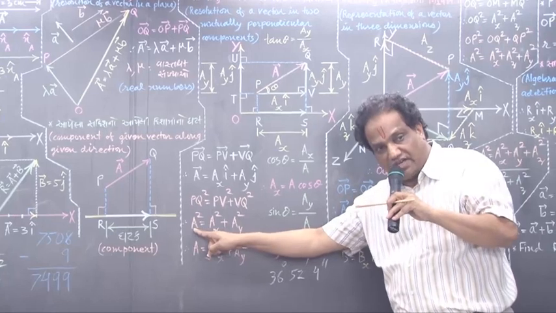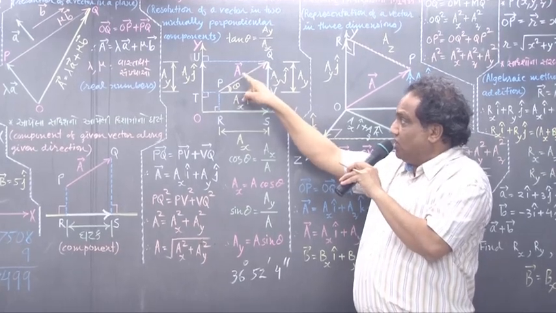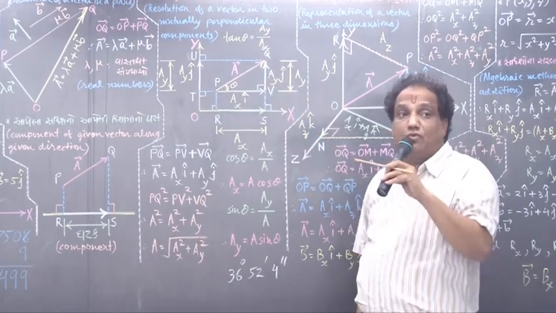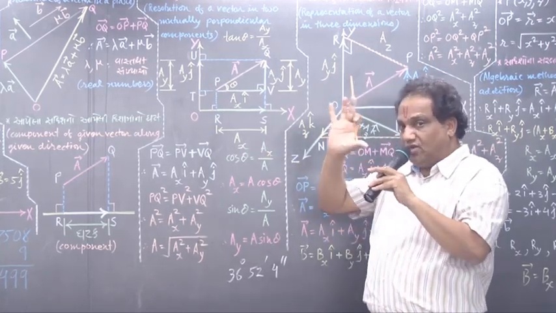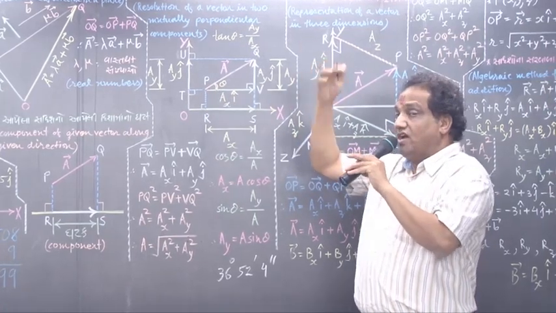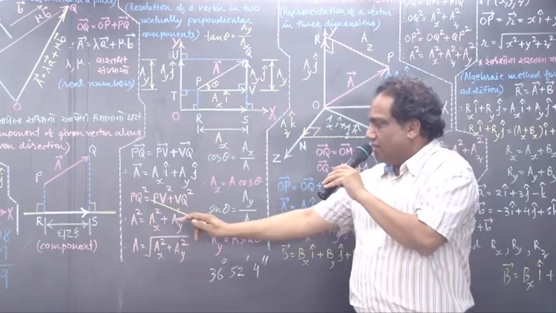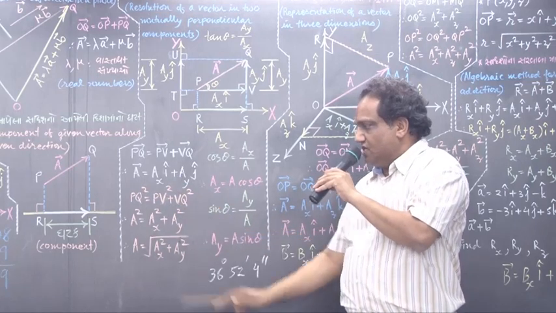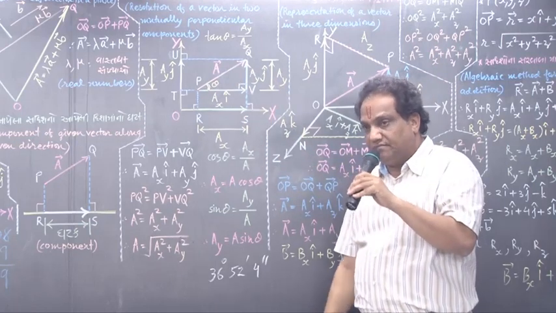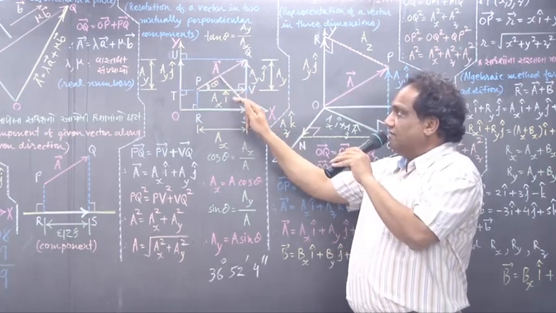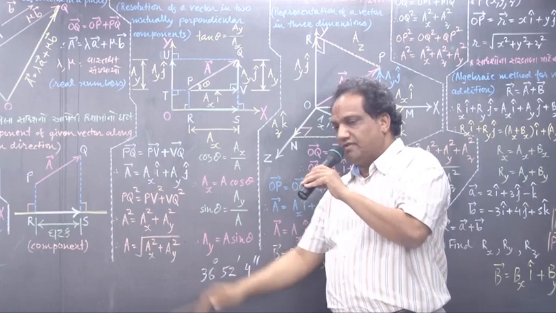So here A means the magnitude of vector A. If you are writing vector PQ, then you should write vector A. But when you are writing the magnitude of vector A, then you should write the magnitude of vector PQ. Lengthwise, you can say the square of the hypotenuse, PQ square, will be equal to PV square plus PQ square. What is PQ? It is the length of the vector, meaning its magnitude, and that is nothing but only A. It is not PQ, it is PQ square, so I should write A square.